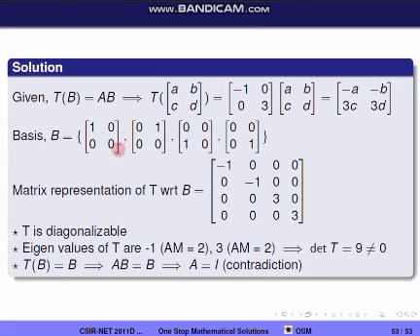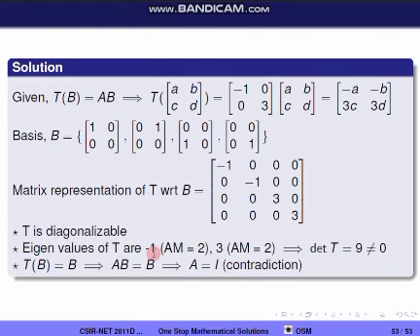So T of [1, 0; 0, 0] is equal to [−1, 0; 0, 0]. So I am writing it as (−1, 0, 0, 0). T of [0, 1; 0, 0] is [0, −1; 0, 0]. So (0, −1, 0, 0). Similarly, find it for the third and fourth. So we got the matrix representation of T. So we got T as a diagonal matrix. So diagonal matrix is always diagonalizable. So T is diagonalizable. And eigenvalues of T are the diagonal elements.